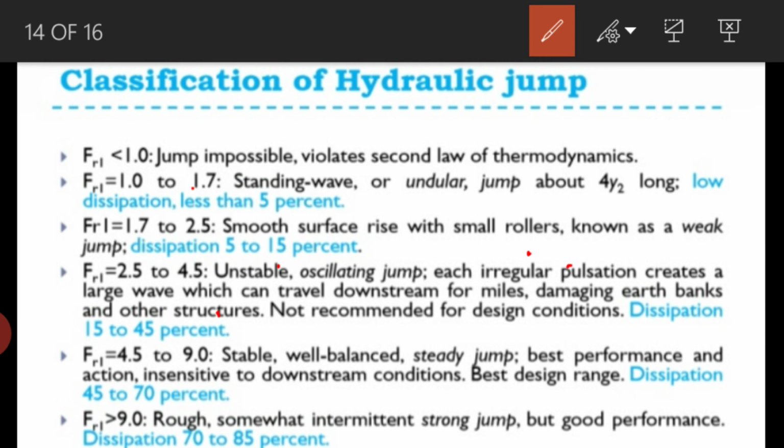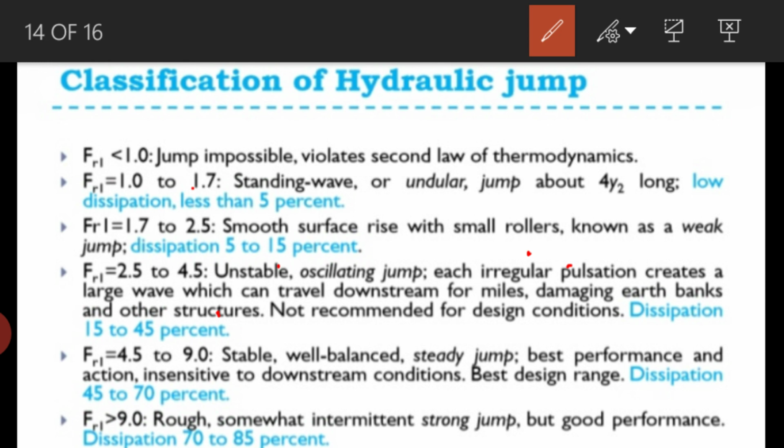If the Froude number is 4.5 to 9, a stable, well balanced, steady jump takes place. It is stable, but in the previous case the jump was unstable. When you get a Froude number of 4.5 to 9, it gives a stable, well balanced, steady jump, with best performance and action, insensitive to downstream conditions, the best design range, with dissipation of 45 to 70%. These are being tested practically,